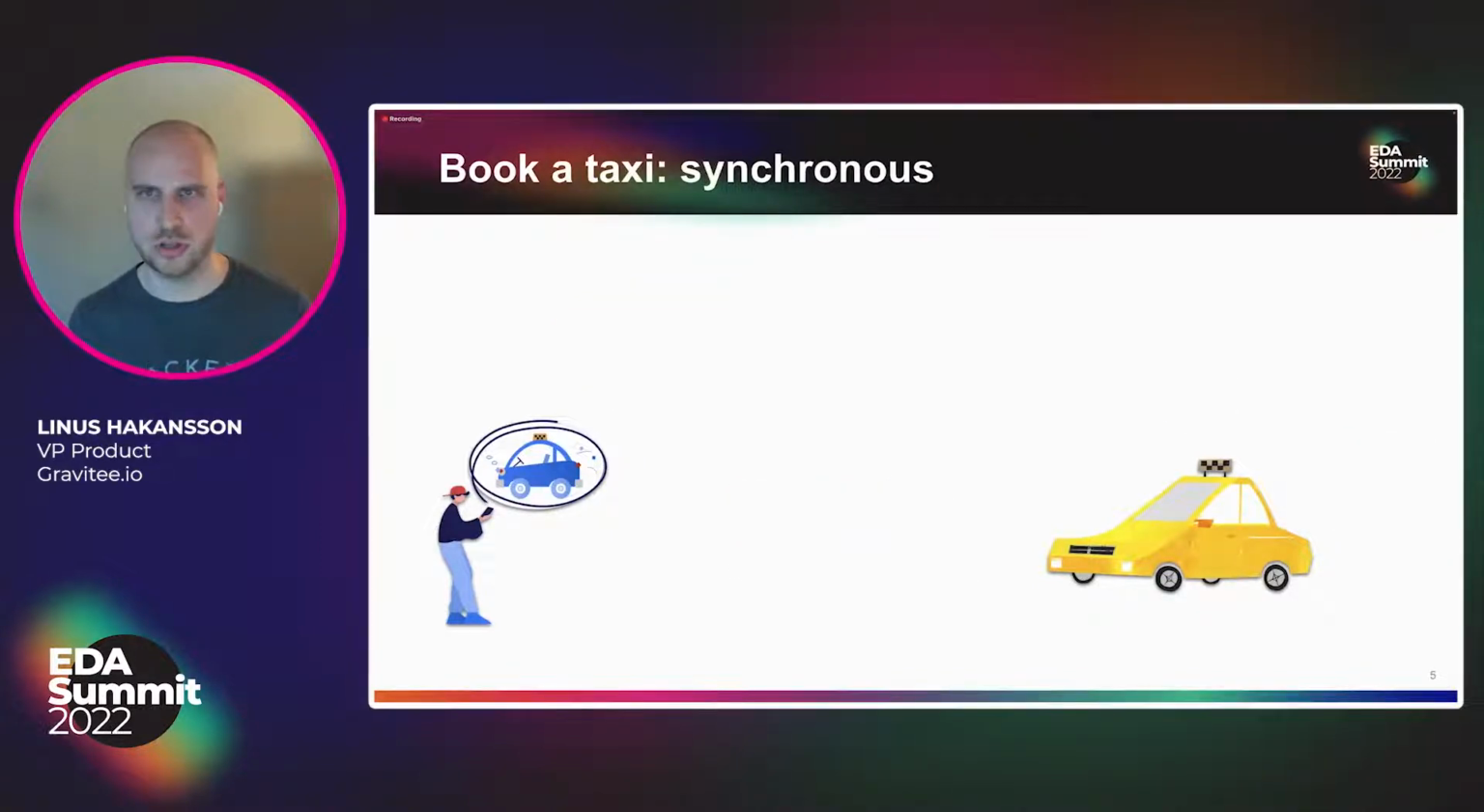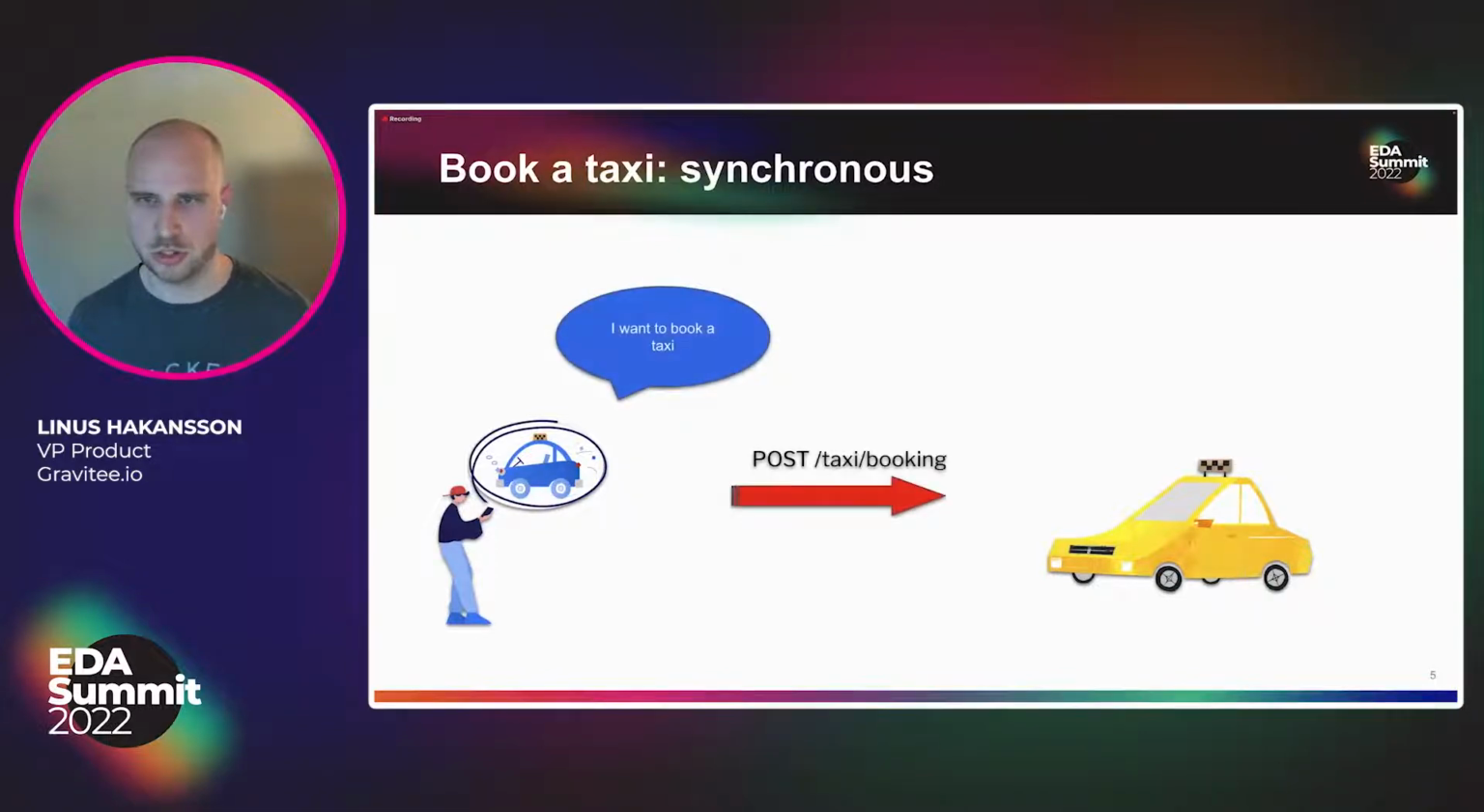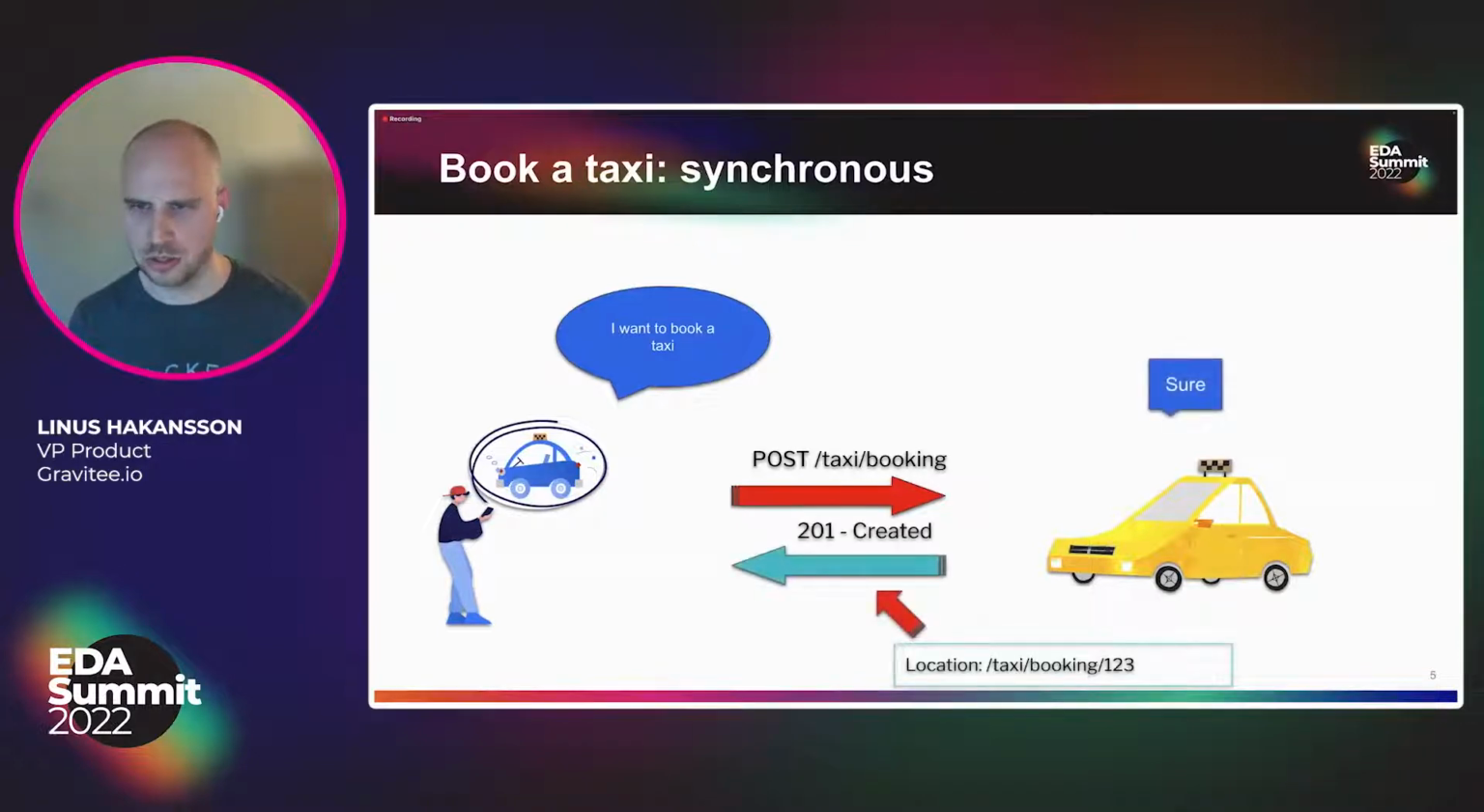Now, in a traditional synchronous architecture and message flow, as part of Mario's intent in the app to book a taxi, there's a POST call over the HTTP protocol being made to that taxi server, asking for a booking. In a synchronous way, the taxi company says, sure, let's get that sorted, and they make a response immediately, potentially giving a location of where he could find more information of when the car is